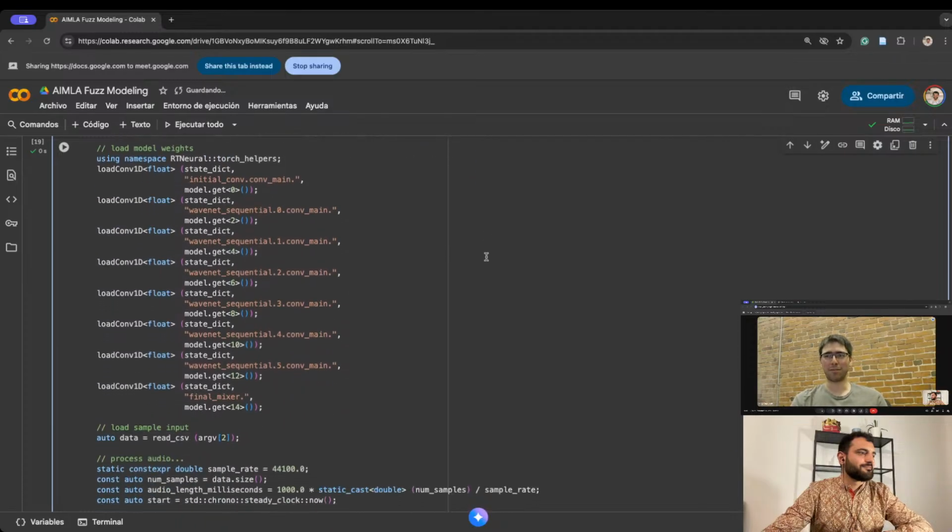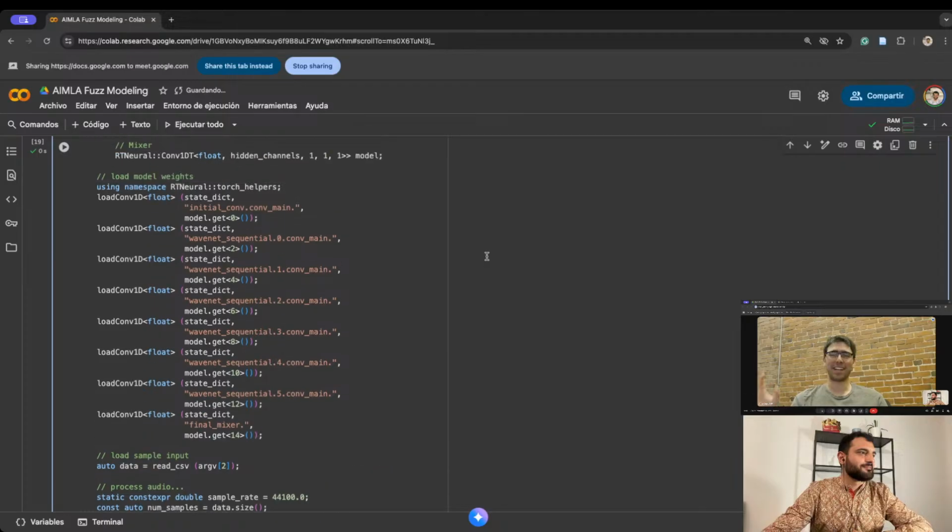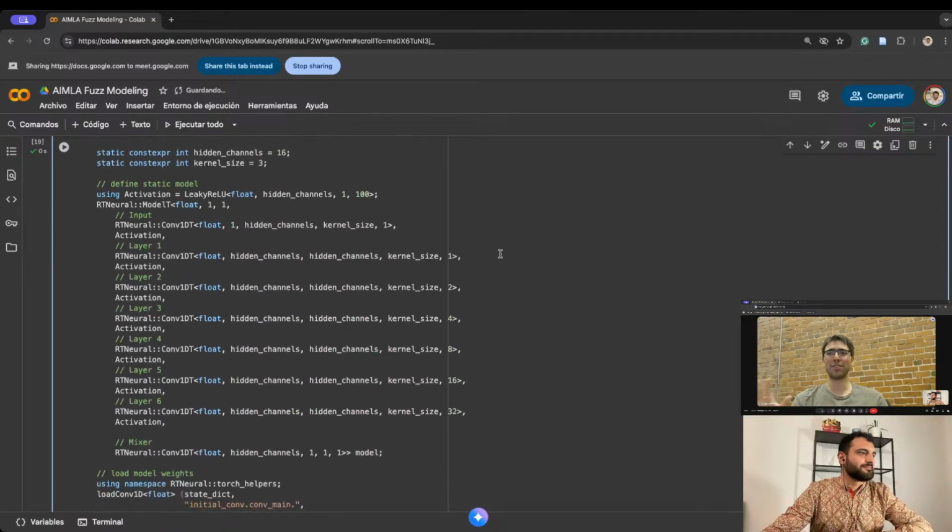Like there is some very repeated code here, but I didn't want to use compile time loops in C++, which is kind of ugly. It would be a lot harder to read if I had done it that way. So this is a little better, even though it looks like very repeated code.